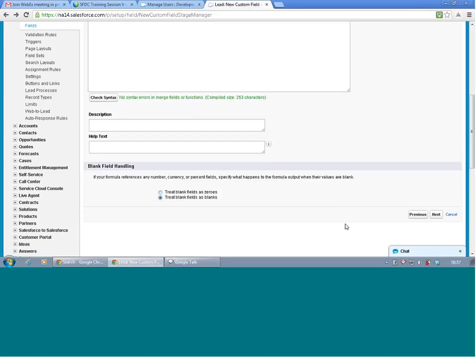Why we need to select blank is if this formula is not returning any value. Something like here, we have not defined a state value as Texas, but because we have given a default value of Americas, this is always going to return. For exceptions where we don't want to return a blank value, I don't want to return zeros. That's the default setting we have, so I'm switching it to blank rather than zero because the data type is text. Click next.